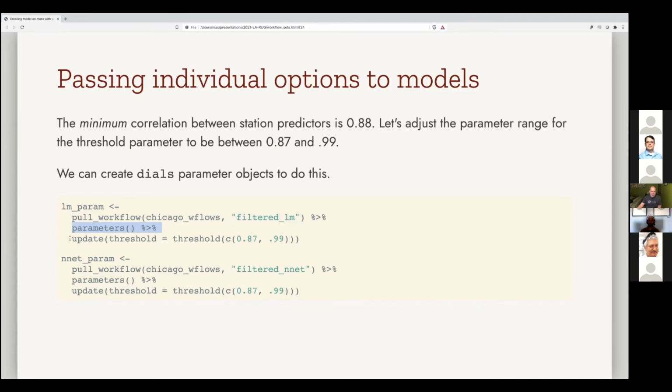And then we can update the range of that tuning parameter. So, the lowest correlation is 0.88. Let's do 0.87 to 0.99. So this would get rid of almost all those predictors, and this would get rid of none of them. And then instead of it setting that space filling design to be between 0 and 1, it would set the space filling design to be between 0.87 and 0.99, right? So this is like adapting the right